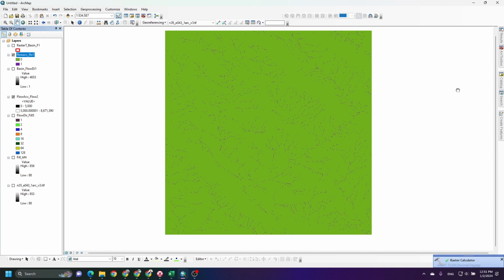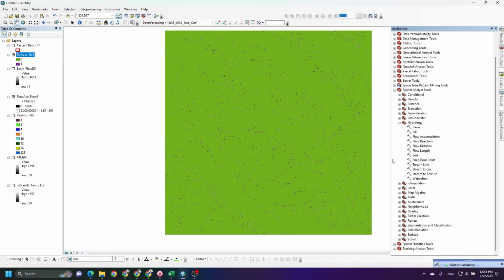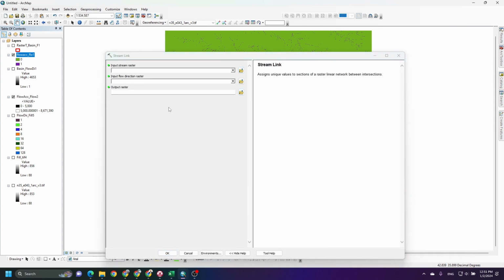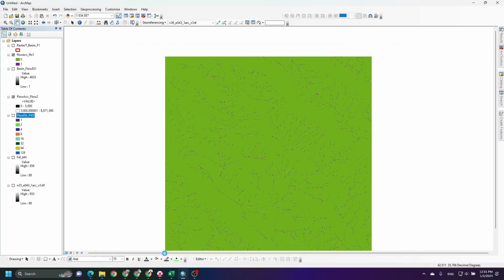Yeah, here we see. In the next step, we can go to Stream Link. Here we have two options. We have to add the flow accumulation, which we extracted using the raster calculator, and then we have to input the flow direction, and we can press OK.